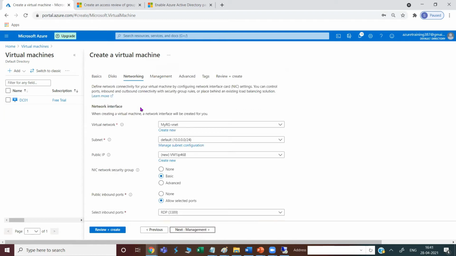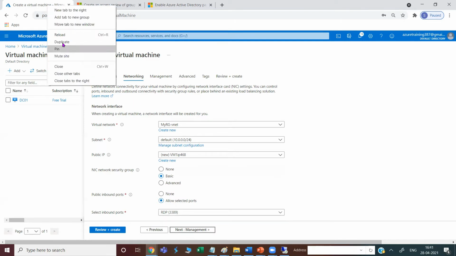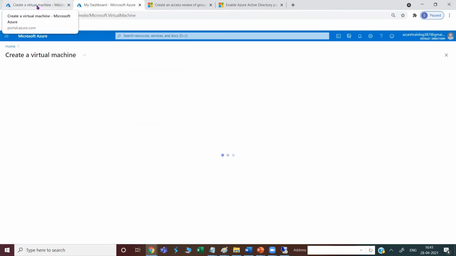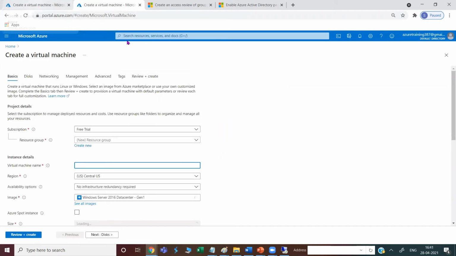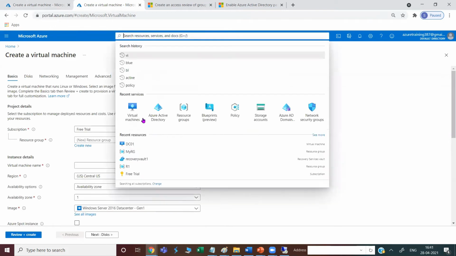So basically what I'm trying to do, I will create this virtual machine, then further I will add this virtual machine into the domain. Okay, and where is my domain controller? I just want to keep it very simple so that we do not have any problem or any confusion in between. So what I will do, I will place this virtual machine in the same network where I have deployed my Active Directory also. So how to verify that?